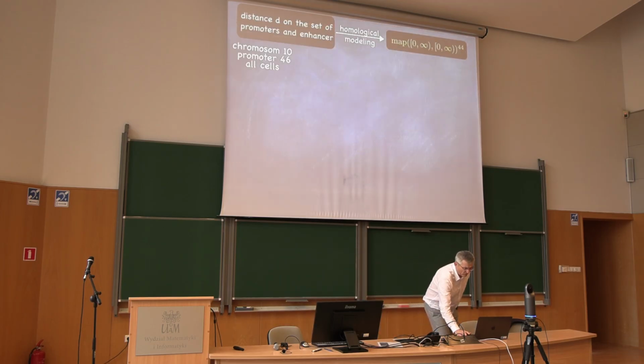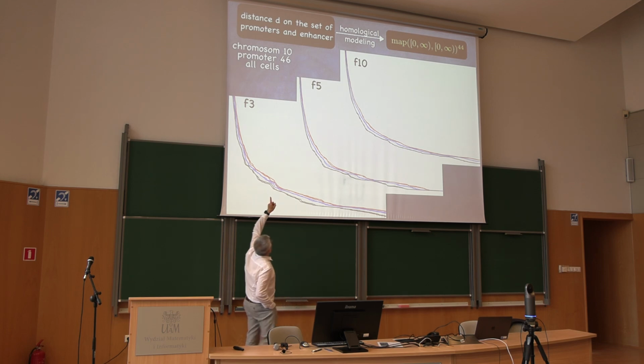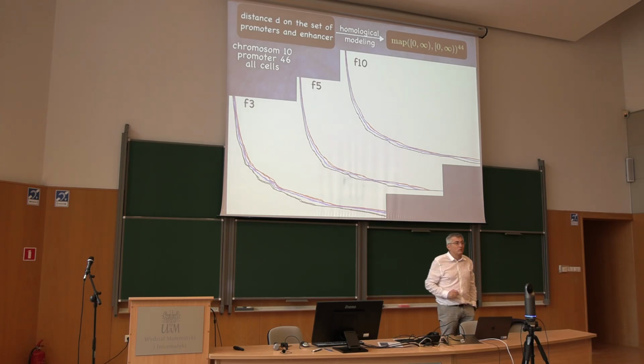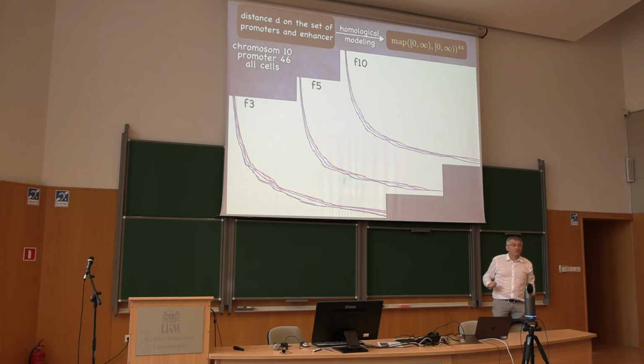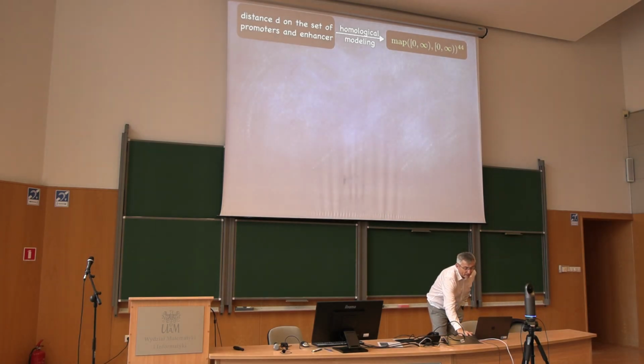So, yeah, so here, chromosome 10, promoter 46 in all the cells. And you can see that even the geometry of that, and I took, I go into 44, but I project this into F3, F5, and 10, and you can see a difference between even the role of that promoter. Now what's interesting is that they actually have expression levels. So it will be very interesting to see whether the differences here are correlated to the way these genes are expressed in these animals.